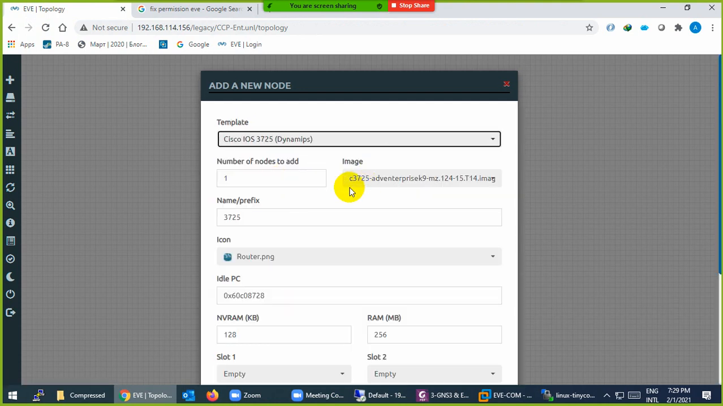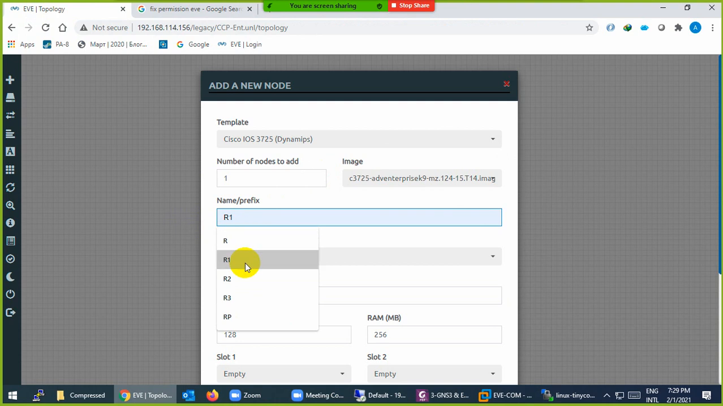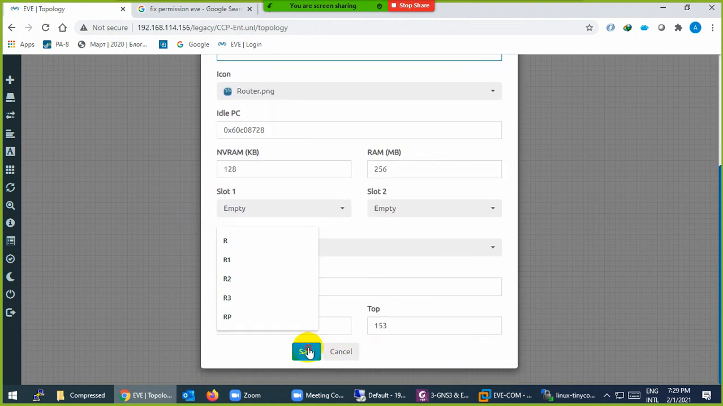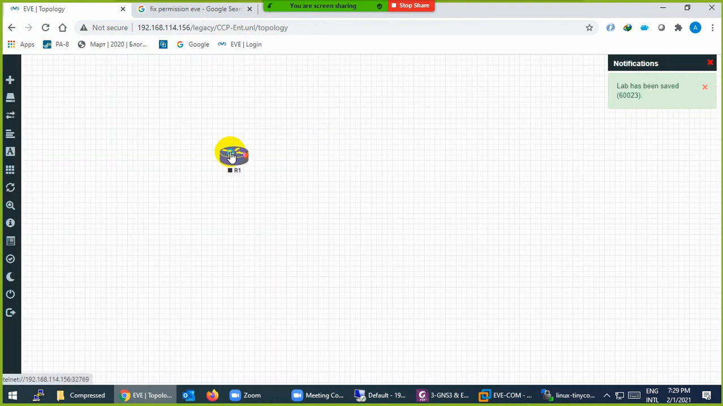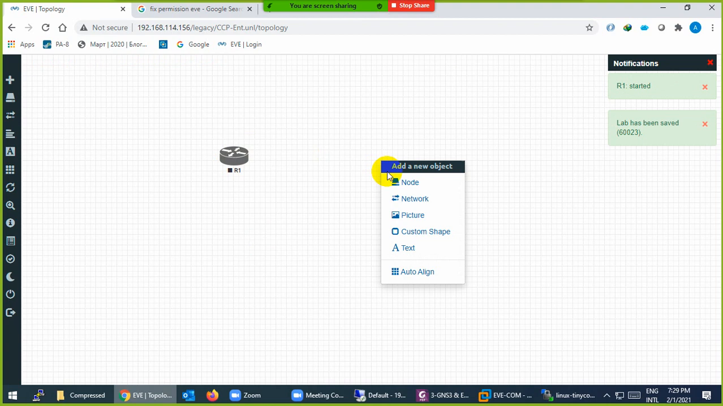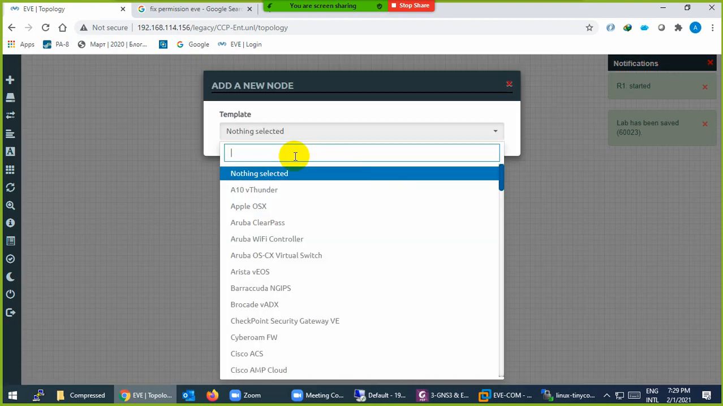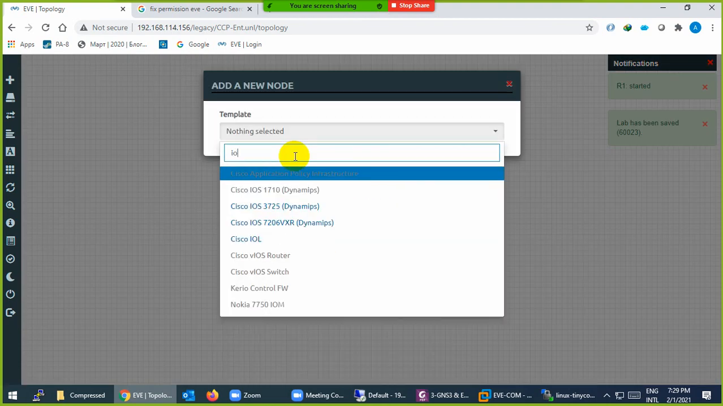So now I have a router. Let me give it the name router and save. This is the router now, and start. And right click, go to node, okay, and go to IOL,